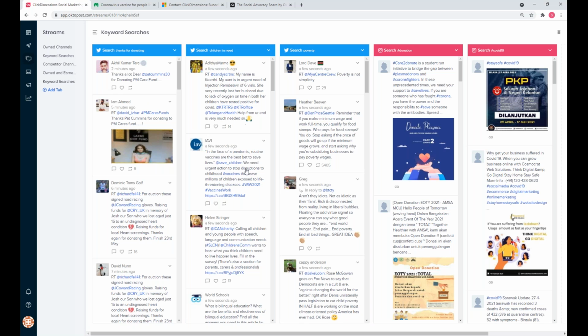I've just done the keyword search for "children in need" as well. Who are the players? What are people saying about this? Again, let's listen to these guys. Let's use this information in our campaigns. It's very typical for campaigns. We need to address questions, and we need to address the themes that are going viral that people are talking about. These are the viral topics, and it's all about making data-driven decisions, guys, right?